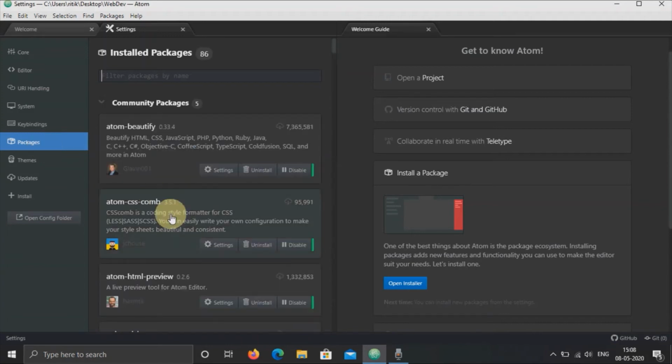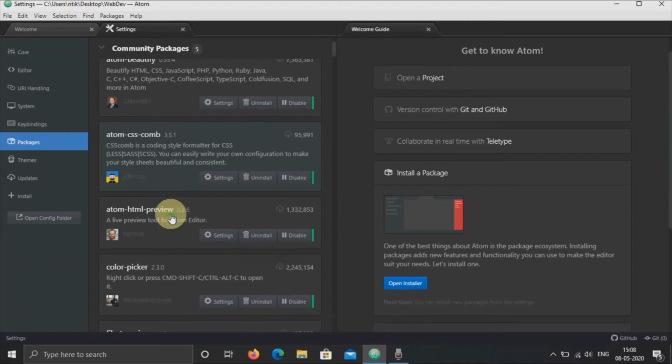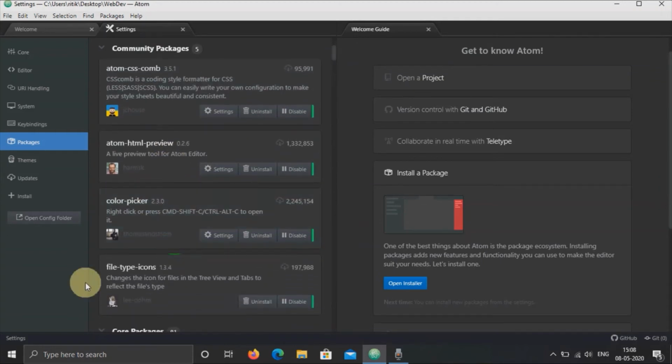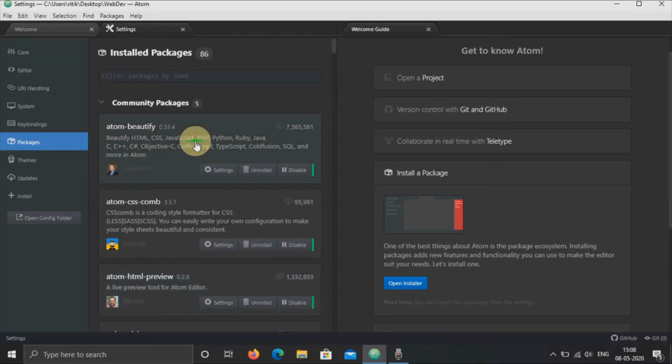I'm directly going to show you the names of those packages which I have downloaded. This is the Color Picker package, and this is File Type Icons. Now I'm going to show you where to use these packages and how these packages are going to work for you.